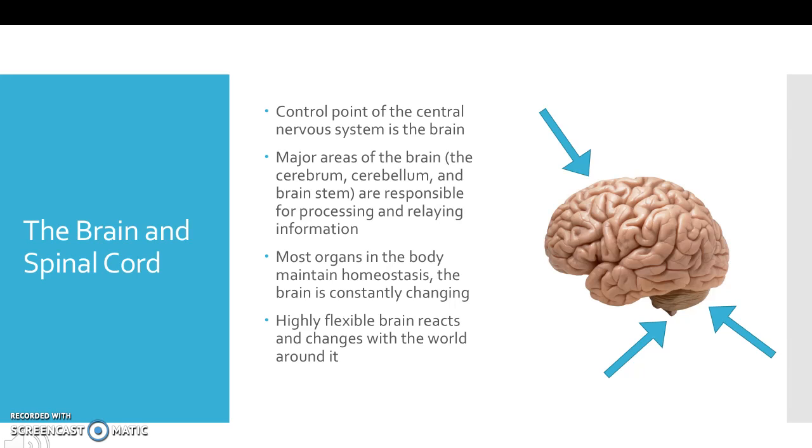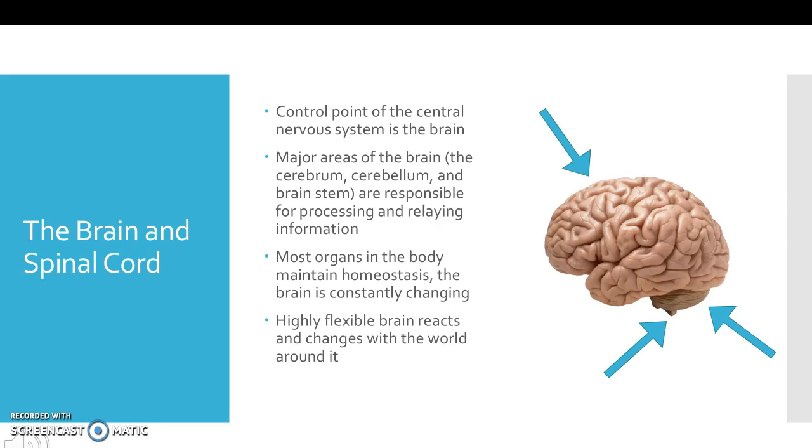Where does processing of information occur in the nervous system? The control point of the central nervous system is the brain, and the major areas of the brain include the cerebrum, the cerebellum, and the brainstem. Each of the major areas of the brain is responsible for processing and relaying information. In the book, the brain was compared to the central processing unit of a computer because their main task is